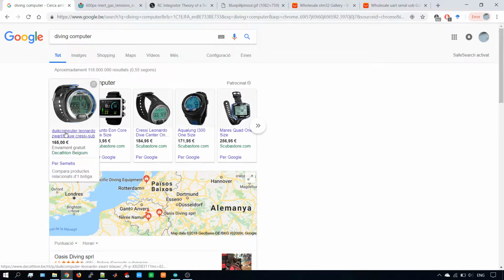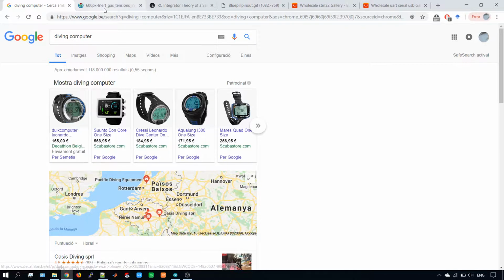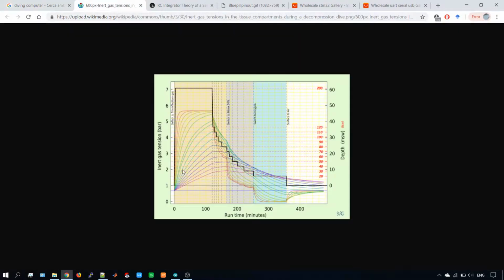And these computers are used to dive in a safe way because they compute the dissolved nitrogen in your body, so they tell you when you can go up or when you need to do a decompression safety stop in order to release the nitrogen without creating bubbles and injuring yourself. Why is this needed? Because the nitrogen is in an equilibrium with the pressure of the medium inside your body,